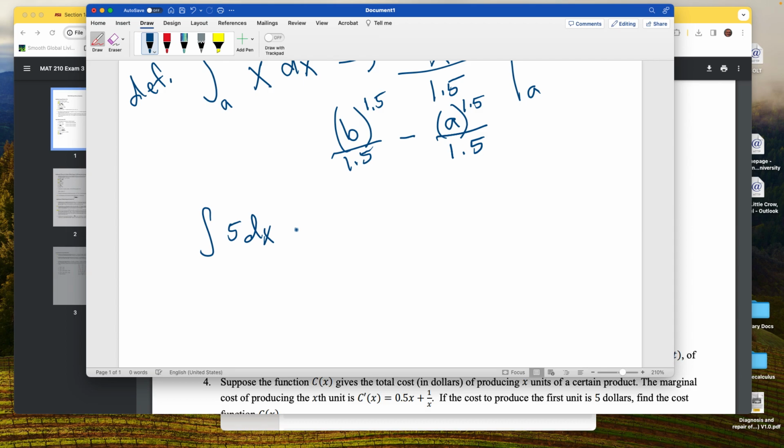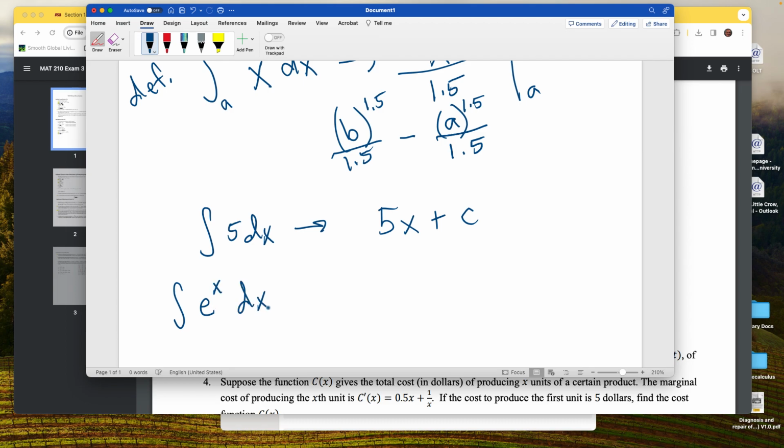Again, this is sometimes more difficult because there's no x to add a 1 to, but remember this is just going to be 5x. Again, either plus a constant, or if it's a definite integral, evaluating it from a to b. Okay, so a number, when it integrates, it becomes 5x. All right. There's 2 other special cases,